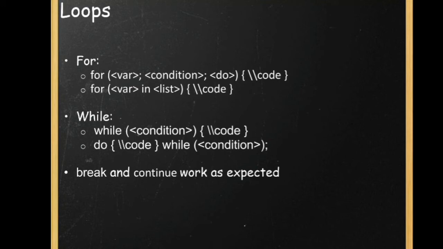There are two ways of for loop: for, then variable, then condition, then do, in which we can execute our code. Then for, variable, in, list means starting and ending position till which my code will get executed. Then we have while and do while. While, until the condition is true, my code will get executed, and if I want my code to be executed first, then the condition to be tested, then I will use do while.